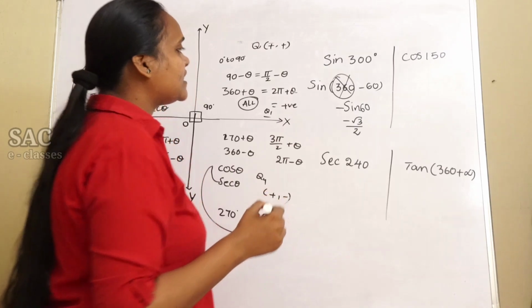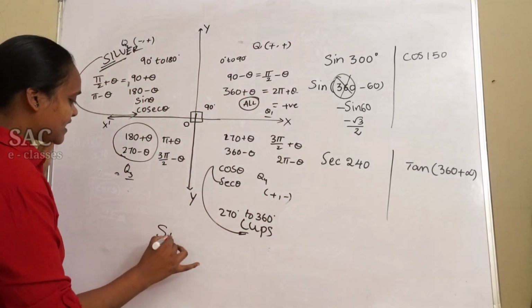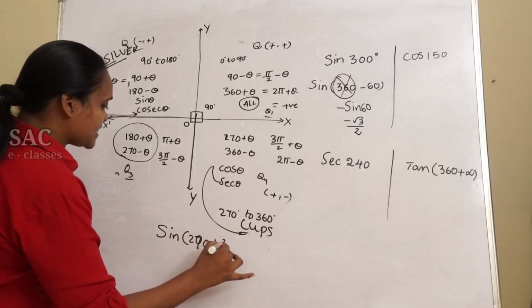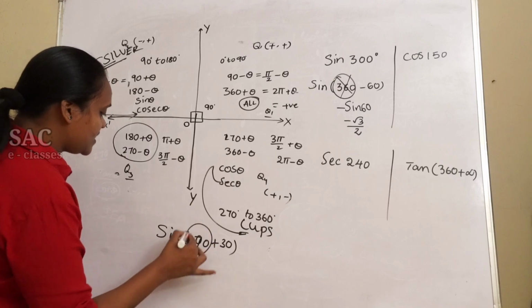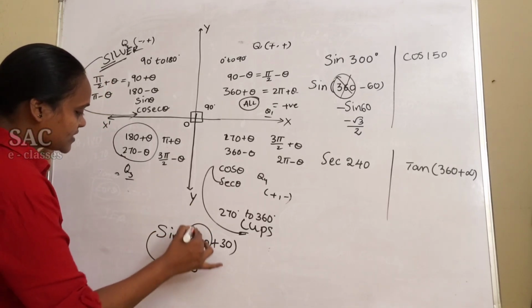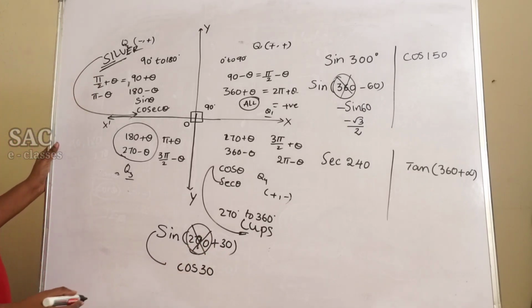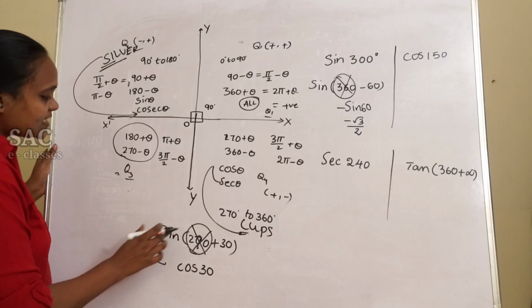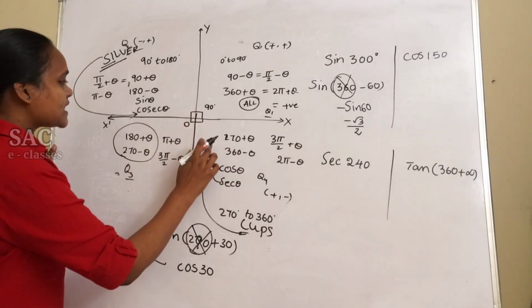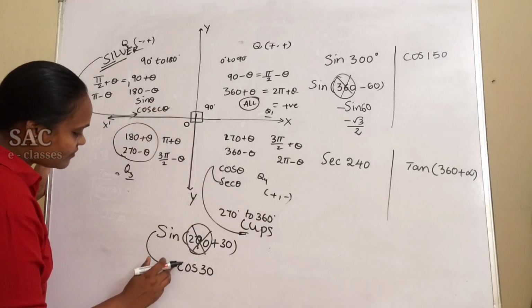Then how can I write that another way? You can express sin 300 as sin(270 plus 30). 270 is an odd angle, so sin changes into cos. After suppressing the structural value, we get cos 30. But the nature is, it is also in the fourth quadrant. In the fourth quadrant, sin is negative. Ma'am, cos is positive only, so can we write plus?